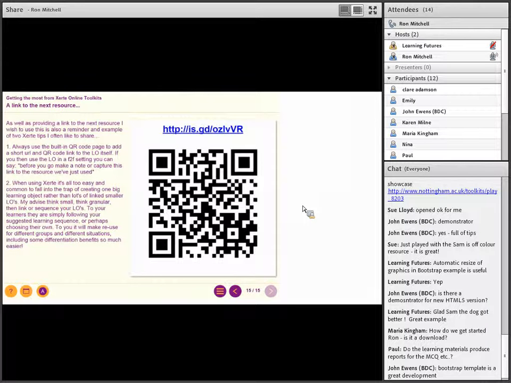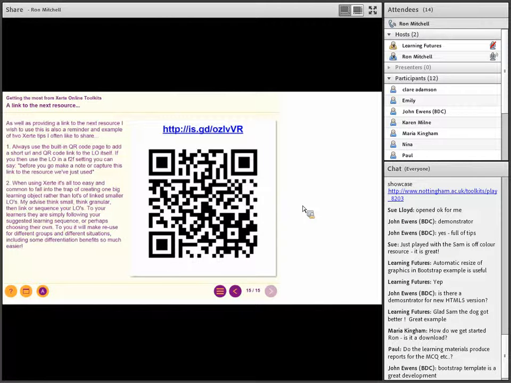And the other example of that is that if I embedded this Xerte learning object in 5, 6, 10 different Moodle courses, change it once and it's instantly updated in all of those. Everyone complains about lack of time developing resources, particularly in relation to FELTAG and all of that. Again, this is a huge benefit if you get into the habit of having an institutional installation and linking your resources back to that installation, so you can change them, improve them, respond to learner feedback, learner confusion, and all of that kind of thing.